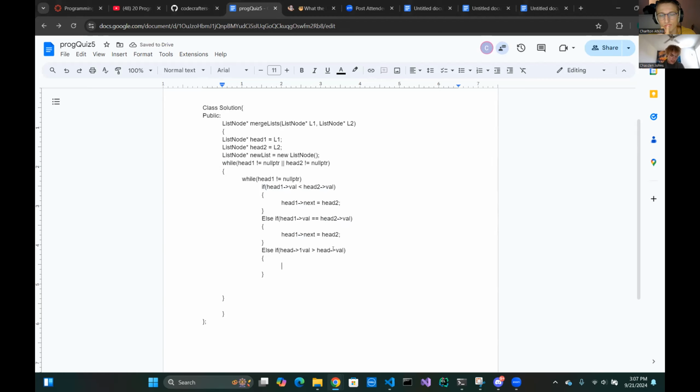So what I'm thinking here is that while one of them's not null, if there's still some left in each list, I'll go through head one, and while I'm at head one, I'm gonna go through whatever head two is pointing at. If head one is less than head two, then head one next will point to two. But if head one is greater than two,